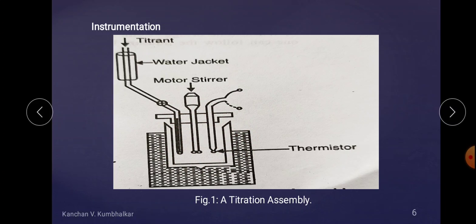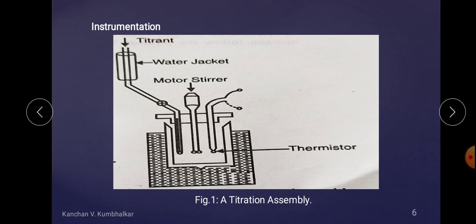Although a large number of titration assemblies are available, for example, the first one is a motor driven burette, in which, with the help of a motor, the burette continuously adds the titrant.